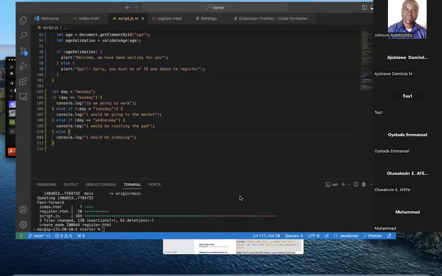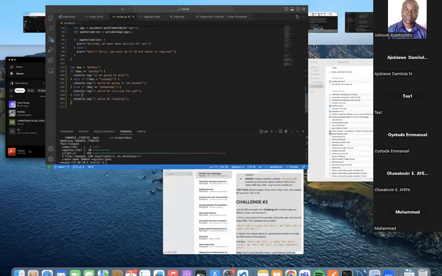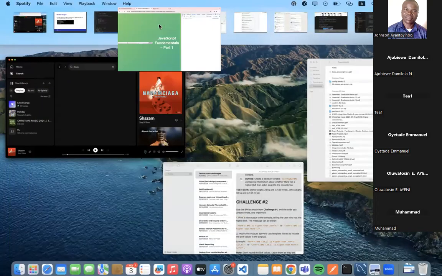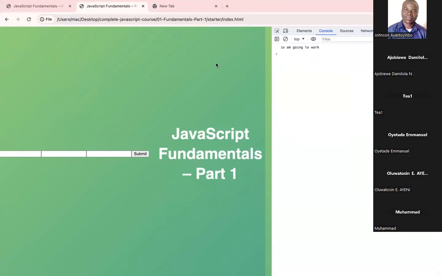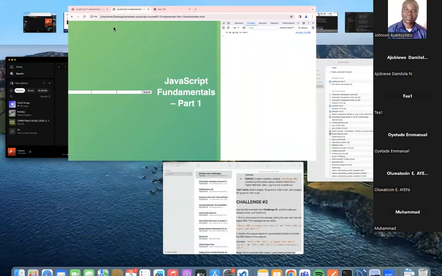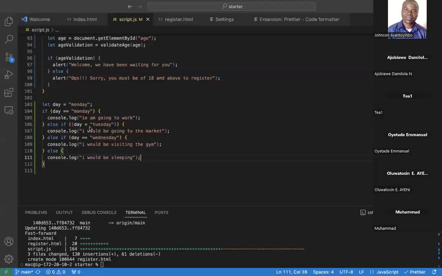Okay. So now if I go to the browser console, what am I printing? Yeah, can you see my screen? Yes, we can see your screen. I'm going to work. That's a mistake. This should have been I am going to work. So if I save this,